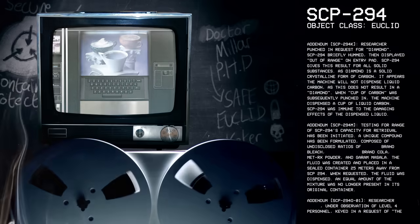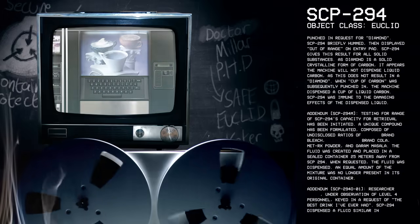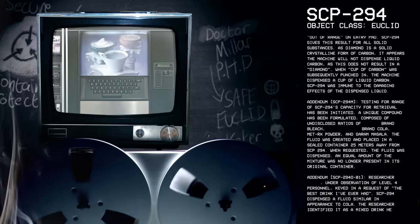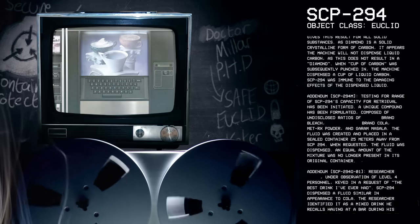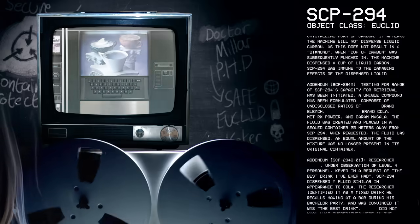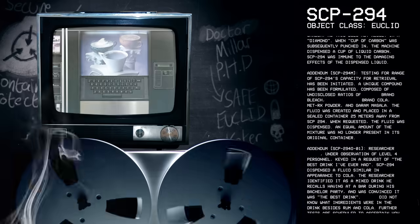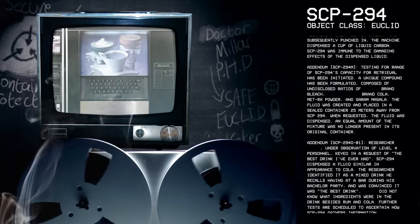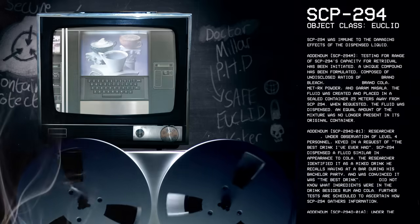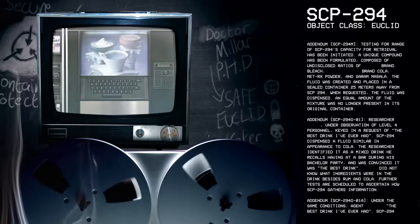Addendum SCP-294-M. Testing for range of SCP-294's capacity for retrieval has been initiated. A unique compound has been formulated, composed of undisclosed ratios, brand bleach, brand cola, METRX powder, and garam masala. The fluid was created and placed in a sealed container 25 meters away from SCP-294. When requested, the fluid was dispensed. An equal amount of the mixture was no longer present in its original container. Addendum